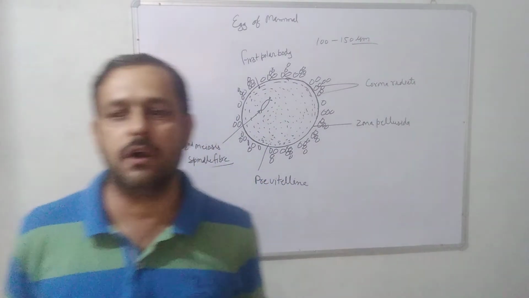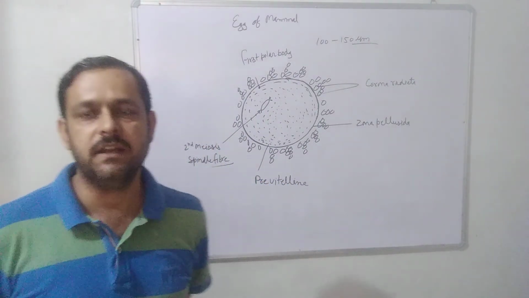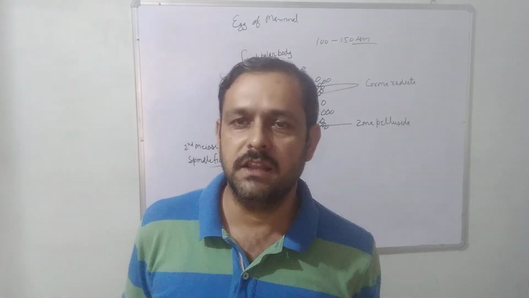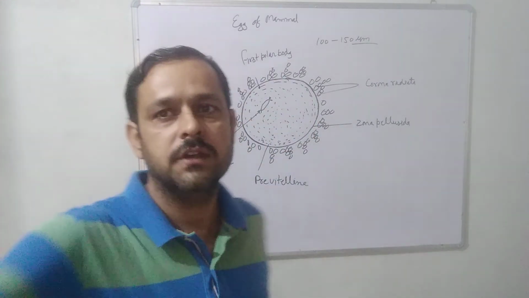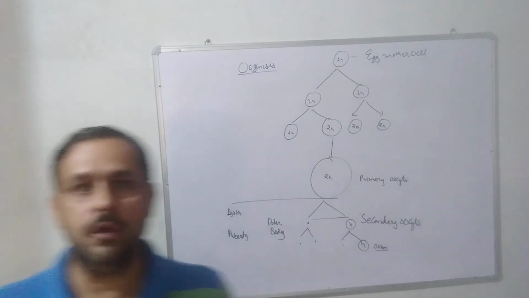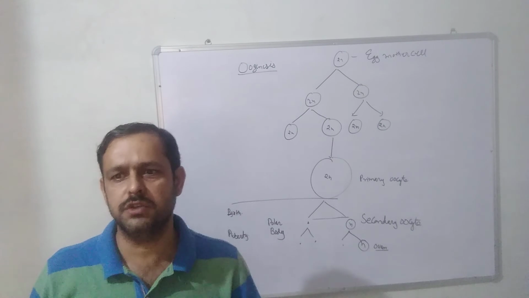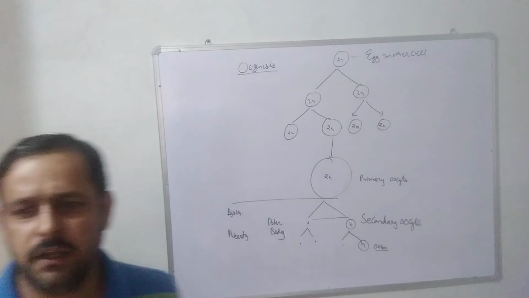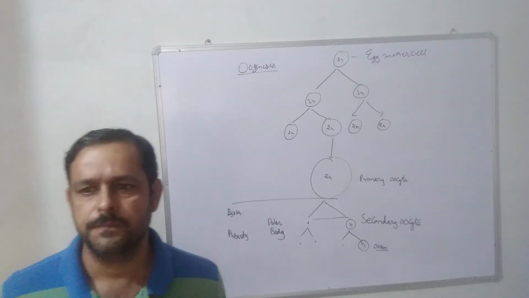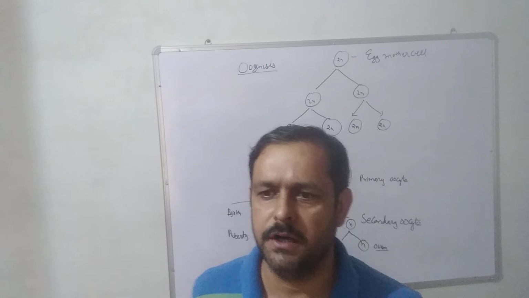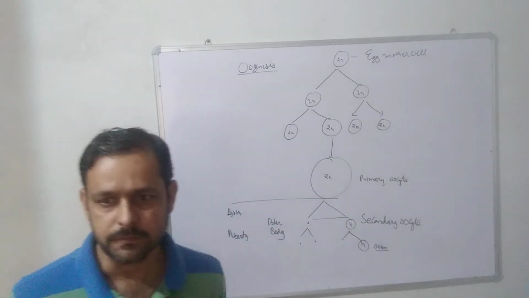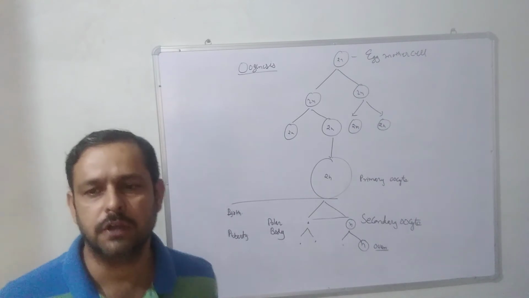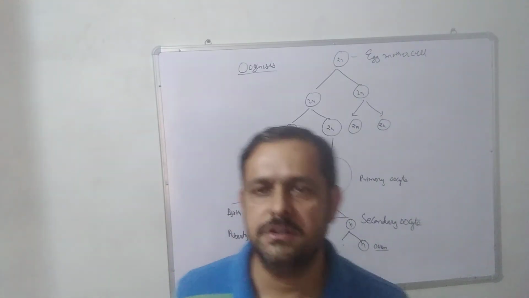So this is the structure of the human ovum at the time of ovulation, and we will study here how this ovum is made by the process of oogenesis. The process of oogenesis in the female ovary is more complicated than spermatogenesis. In addition to 4 haploid cells, yolk is stored. During oogenesis, cells separate from the germinal epithelium and enter the cortex of the ovary. This diploid cell with totipotency is called the primordial germ cell.